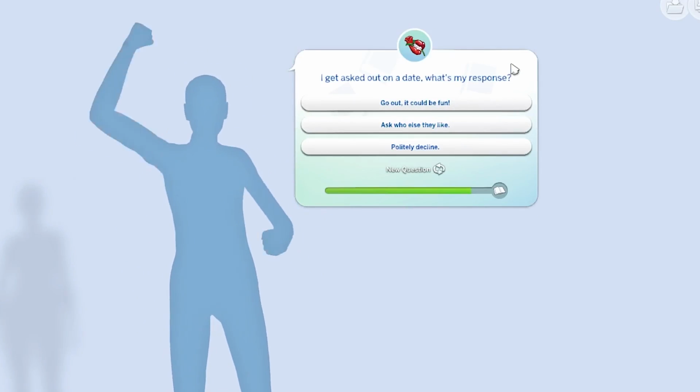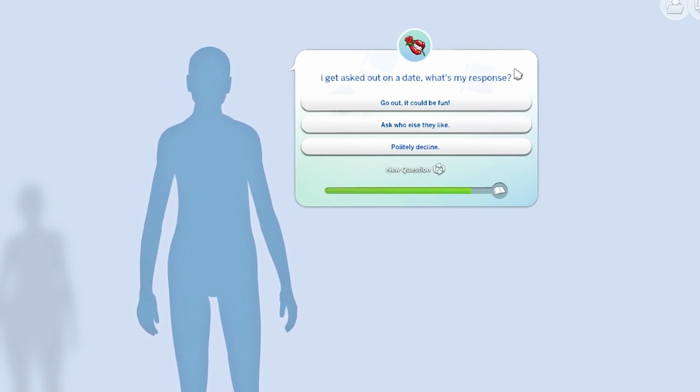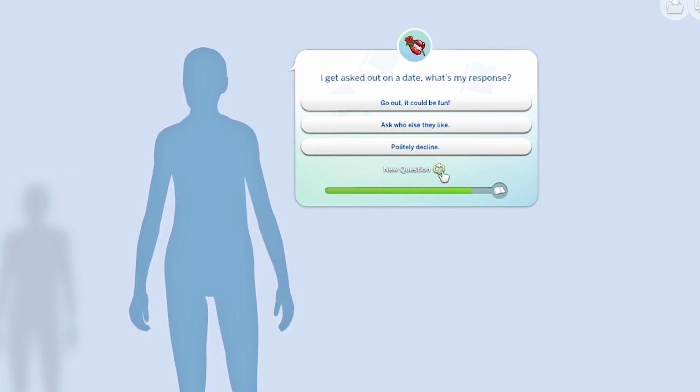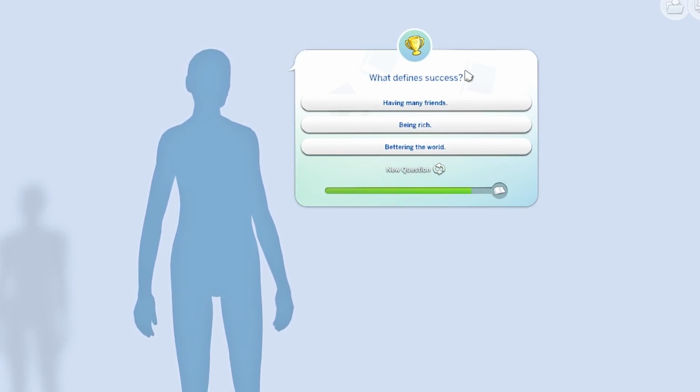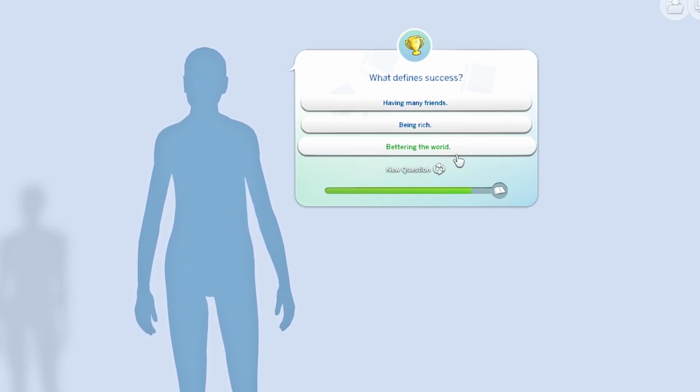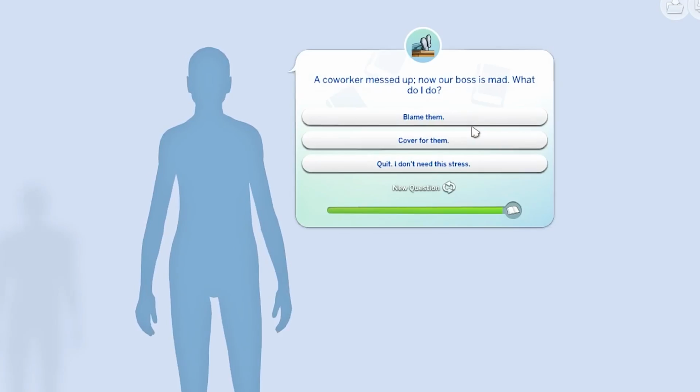I get asked out on a date. What's my response? Go out, it could be fun. Ask who else they like. Politely decline. I wasn't planning on randomizing questions, but I actually kind of want to randomize this one. What defines success? Having many friends, being rich, bettering the world. I'm going to go with this because I kind of feel like that's going to give us more than that